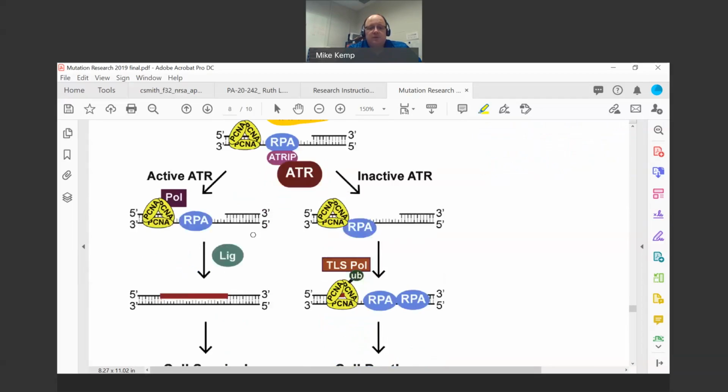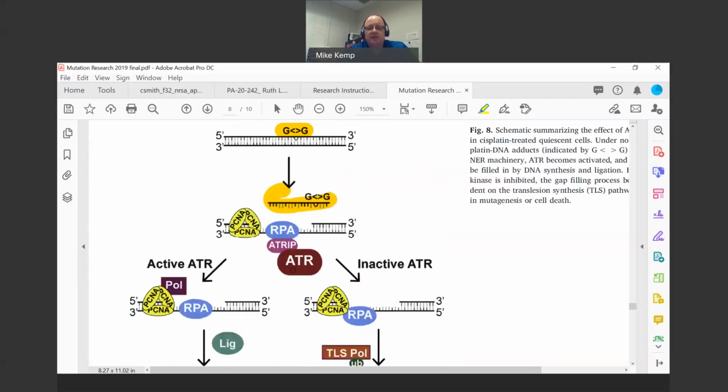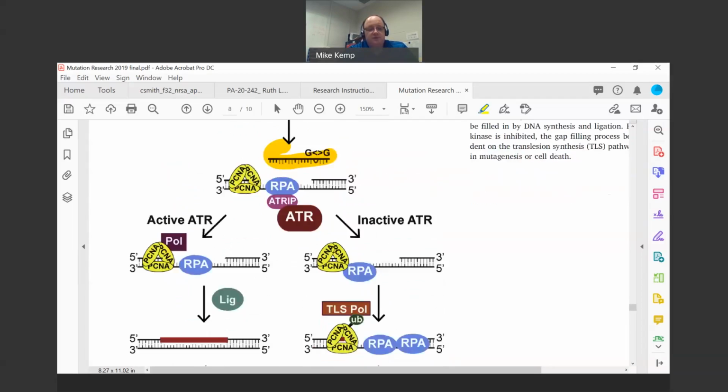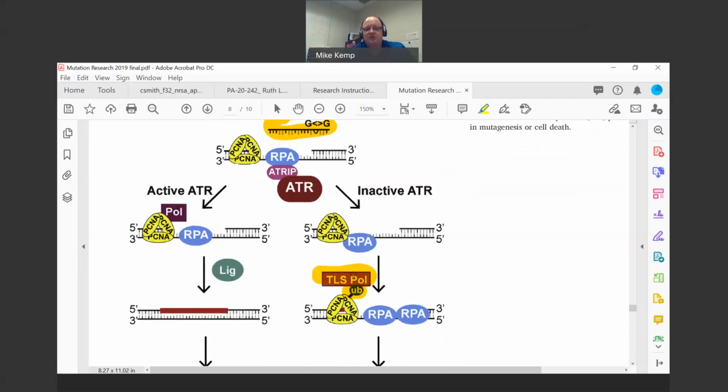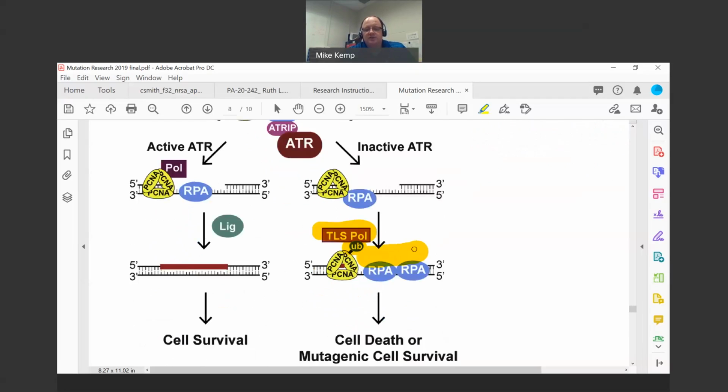And so normally, when we have active ATR, we may have some level of PCNA modification, but it's not as robust. However, when we inhibit ATR, as was shown in the previous figure, PCNA is loaded on the chromatin, but we see more of this modified, monoubiquitinated PCNA. This is thought, and this is a focus of future studies, to look at the TLS polymerases, but we suggest that there may be increased TLS polymerase recruitment to these gaps. And because, depending on the polymerase, some of these are mutagenic, as I mentioned earlier, this might increase the level of mutagenesis that takes place during DNA synthesis to fill in that gap.